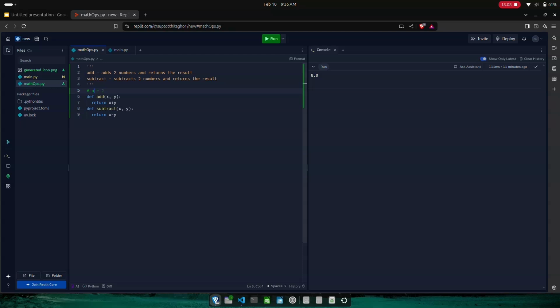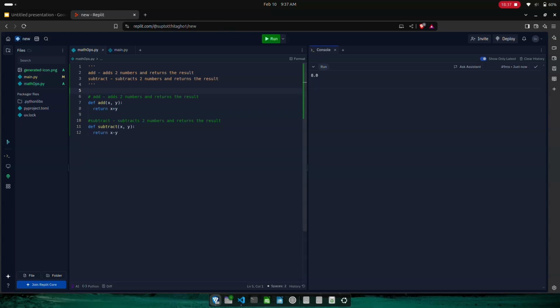Let's write the same line. This is for the function add, and for subtract, this can also be done.